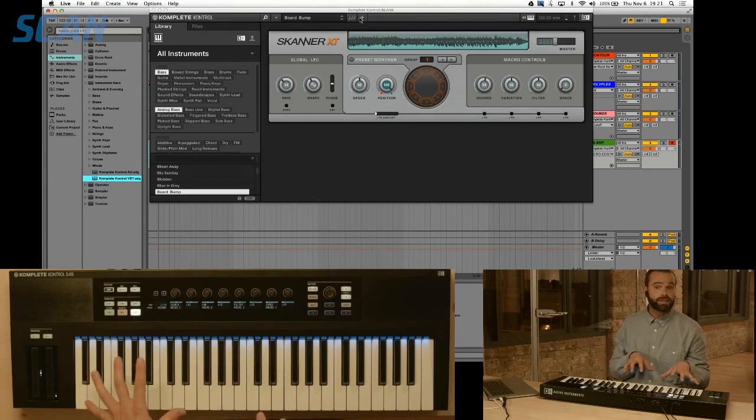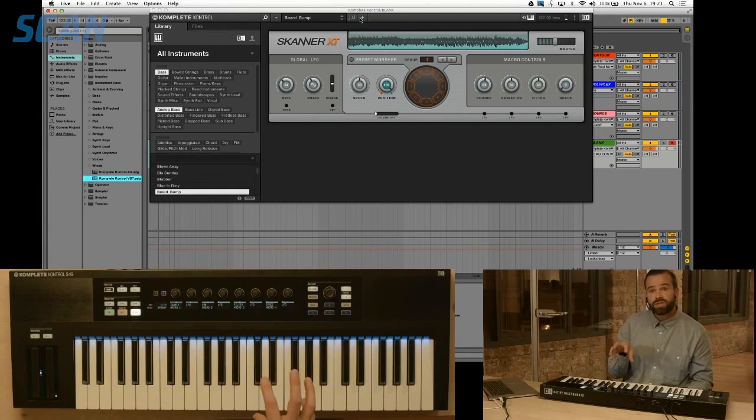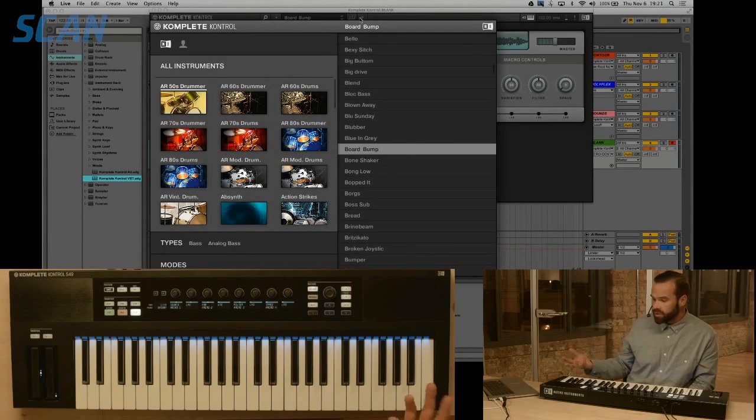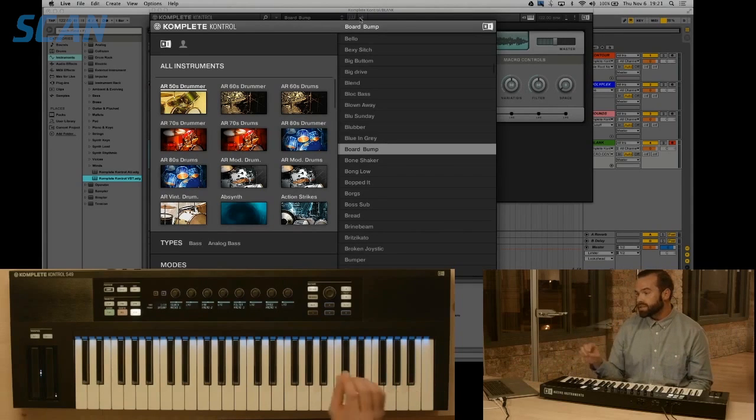But then I could also save that sound if I wanted to as well. Again, it's the point I was making earlier on, that you can have your own user sounds browsable via Komplete Kontrol as well. So what I can do now is go into browse and show you that in action. So if I come back over, bearing in mind what I've selected at the moment is